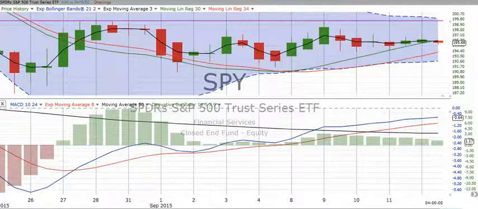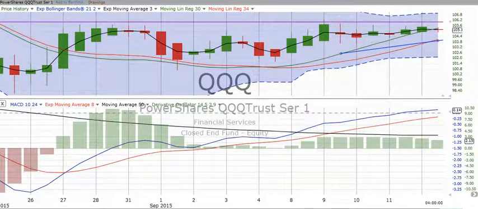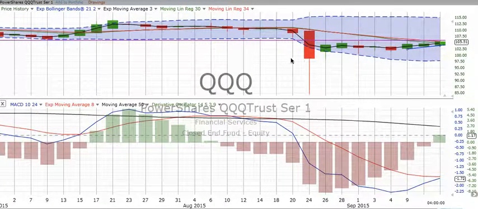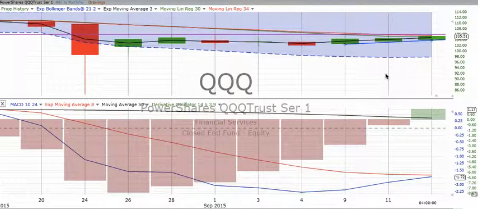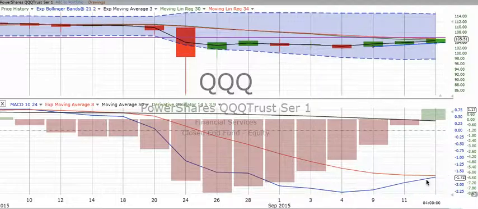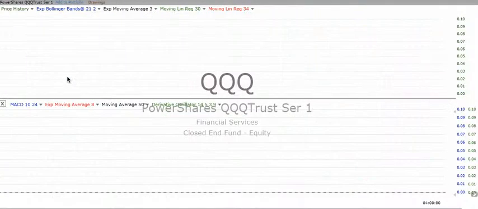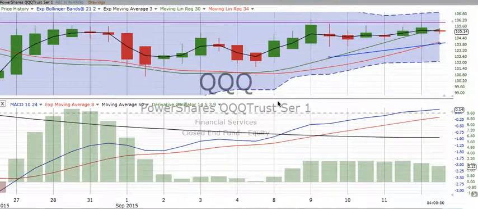Now, let's go and look at the Qs right now. We'll drop back to the two-day chart and take a look. Try drawing a little trend line on the two-day chart on the Qs. It is the closest to crossing over going up, which might give you some idea what the NASDAQ thinks about what the Fed is going to do. And there's a crossover on the derivative oscillator also. Now, if we drop back to the 4-hour chart, the half-day chart, you can, of course, see then that there's really not a whole lot going on.